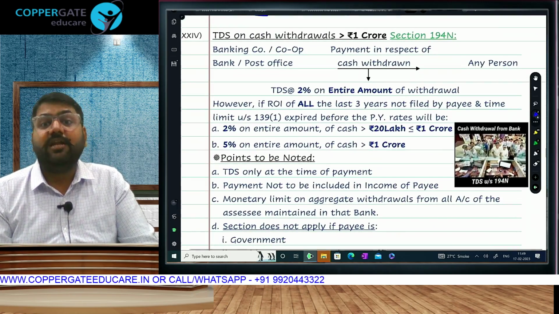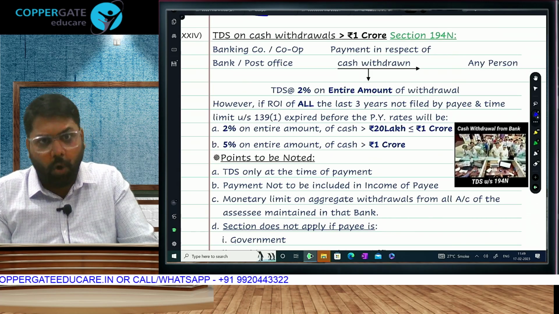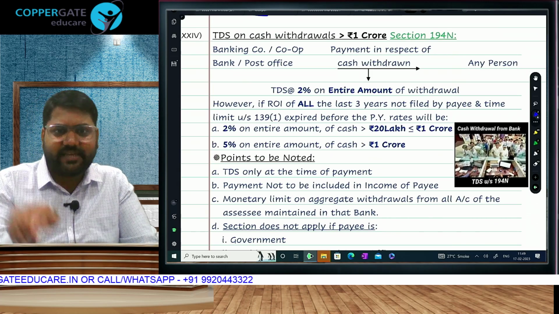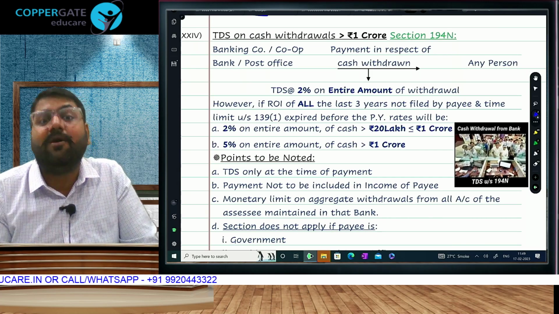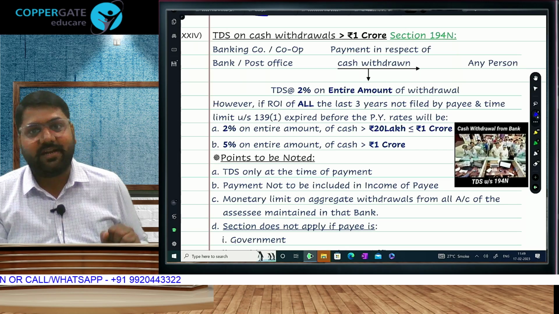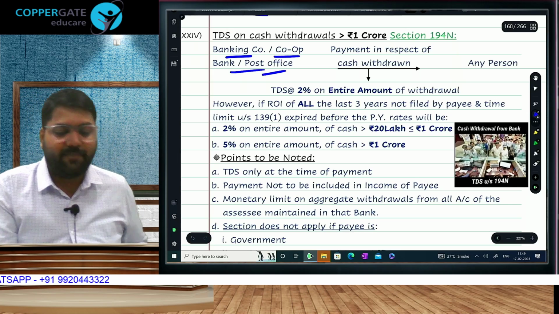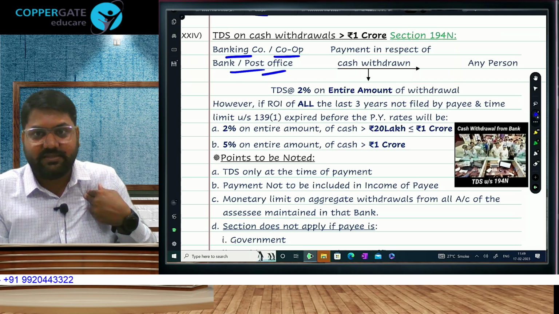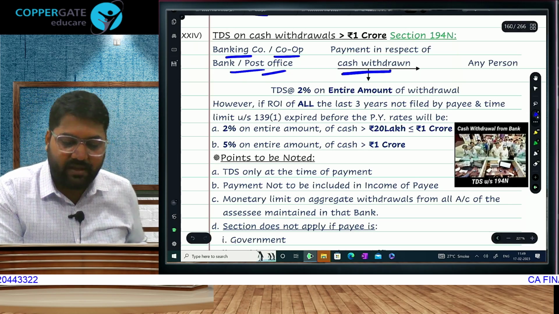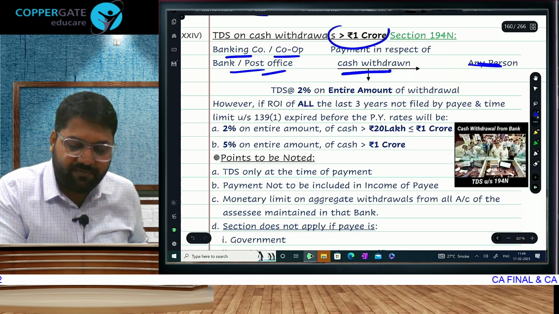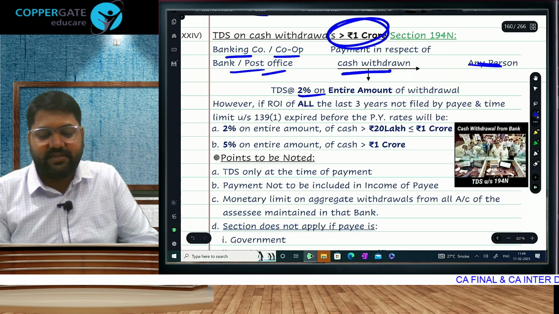Next, 194N, if you are withdrawing cash from your own bank account. This is the only section in the entire chapter where the amount is not your income. It's a contra entry, withdrawing money from your own bank account. So the payer will obviously be a bank, cooperative bank, or post office, where you are withdrawing cash from your own accounts, and the bank is therefore paying you cash. If you are withdrawing more than 1 crore, then 2% TDS will be